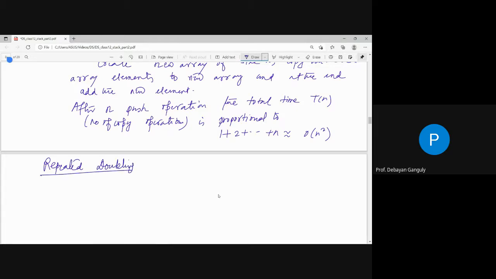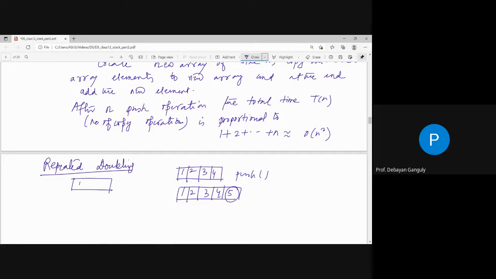Repeated doubling means you can say, if the array is full, you want to push something, then you have to create a new array of twice the size. In that case, what happens? If the array is filled, তখন তো আমরা প্রবলেমটা হচ্ছে অ্যারেটা ফুল হয়ে গেছে, এখন তুমি একটা পুশ অপারেশন করছো, তাহলে তোমায় কি করতে হবে? তোমাকে একটা নতুন অ্যারে ক্রিয়েট করলাম আমি, তার সাইজ এর চেয়ে এক বেশি, এবং সেখানে আমি এই এলিমেন্টগুলো কপি করলাম এবং লাস্ট এলিমেন্টটাকে এখানে অ্যাড করলাম। এটাই তো আমরা করছিলাম এখানে। এখন রিপিটেড ডাবলিং এ কি